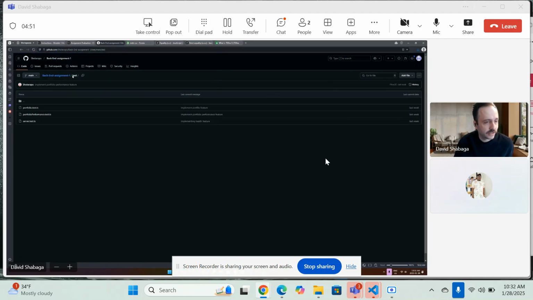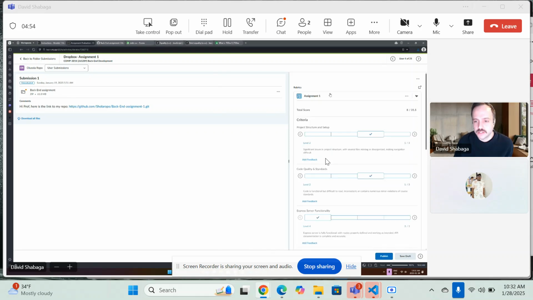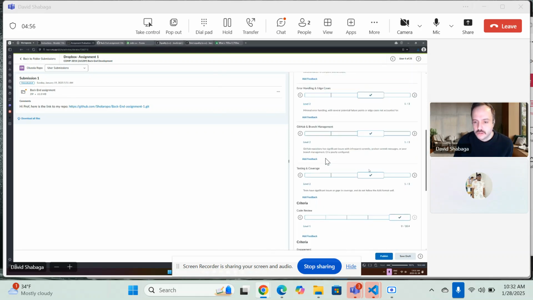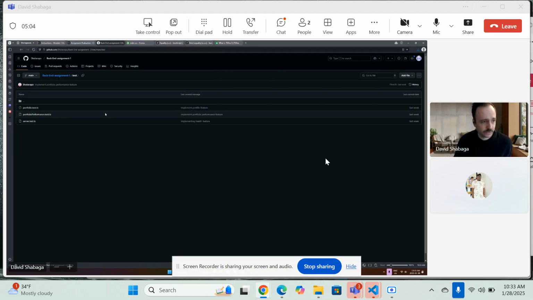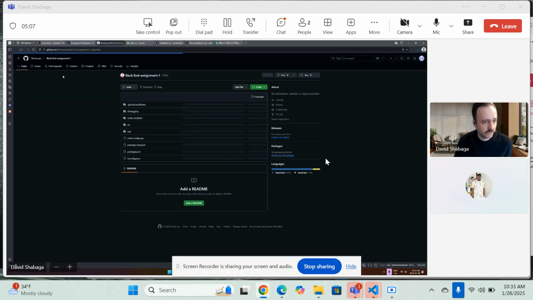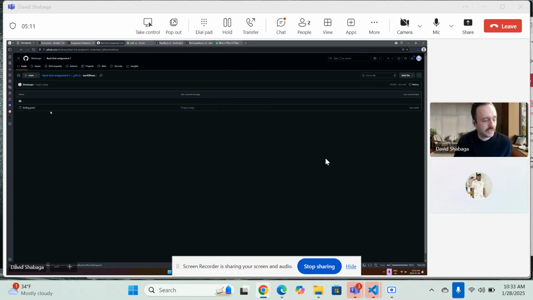Okay, so we do have more tests than I would have seen there. So that's good. Let's fix these then. We do have test coverage. That looks good. Branch setup and management is not where it needs to be, though. That's where I want to see the development branch. That's where I want to see the pull request. And I needed to see you added the requested